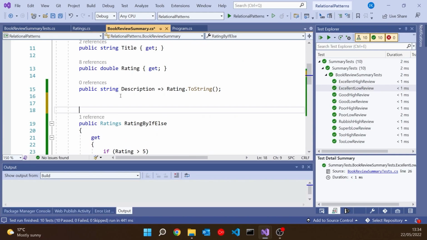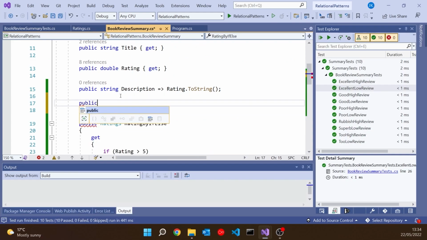We are trying to test for ranges, and so in older versions of C#, we'd have been stuck with doing it this way because we're not just looking for a rating equals 4, which you could do in an old-fashioned switch statement. You're looking for it in the range 4 up to 5 and so forth. So that's not so good. But now that we've got these relational patterns, we can actually use those in switch statements. So let's do that. Let's put in another way of doing this.